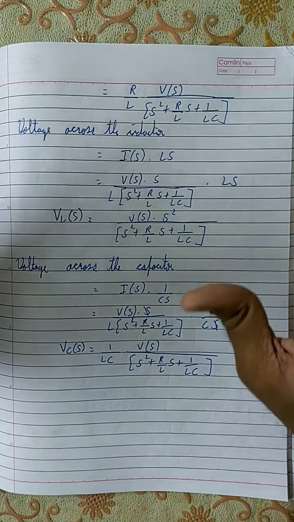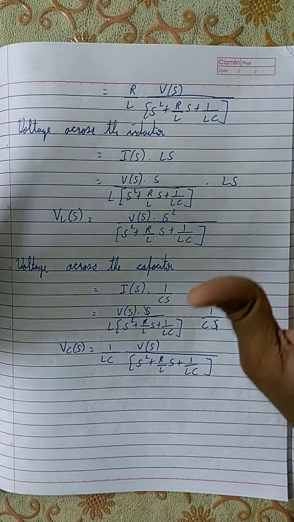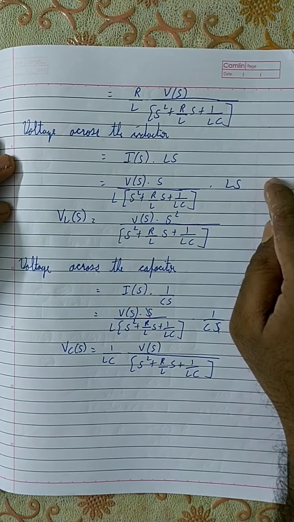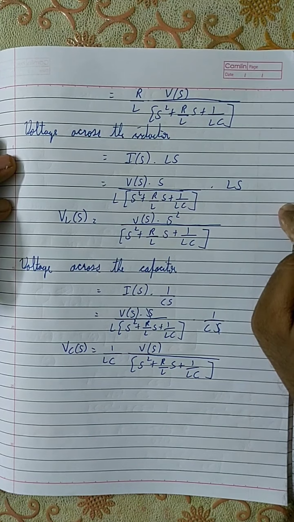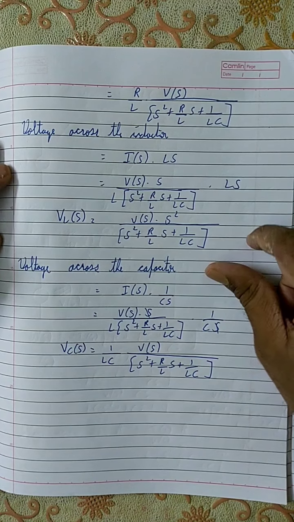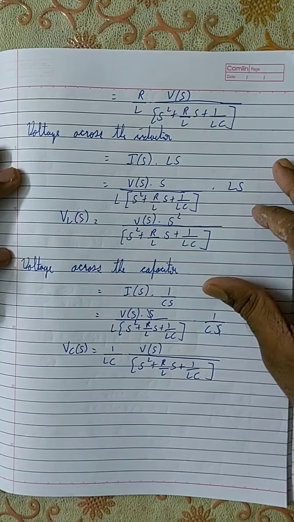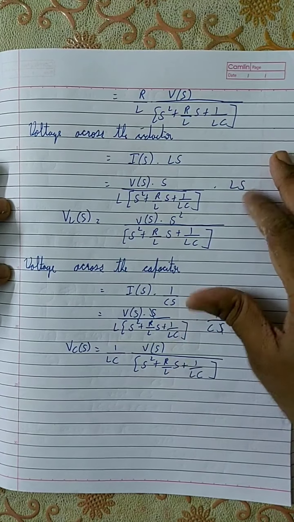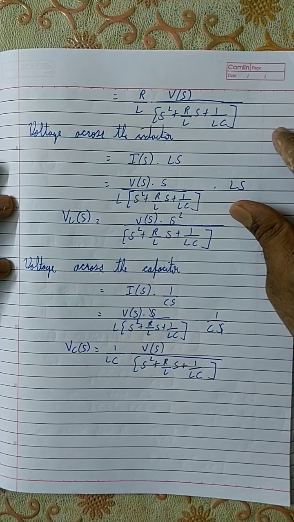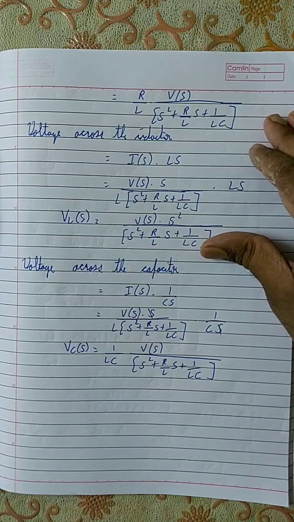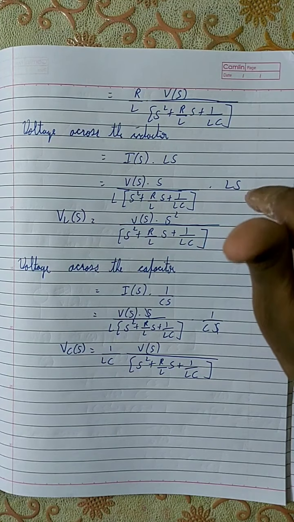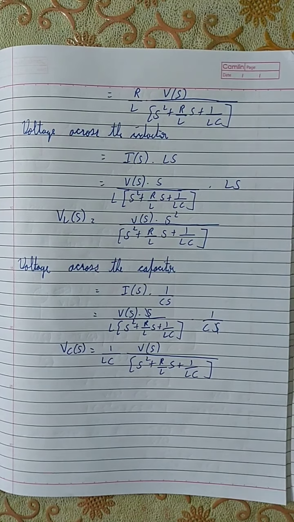If they have not mentioned anything about the steady state condition, then fortunately you can assume that the initial conditions are all equal to 0. If they have mentioned the steady state condition, or anything about the initial conditions, then you have to consider the initial conditions. So then the circuit becomes more complicated. Okay, but still it will be doable, just extra voltage will come into the picture, that's all. So we'll be doing problems based on all these things. If anybody has any difficulty in understanding any of these portions, please feel free to